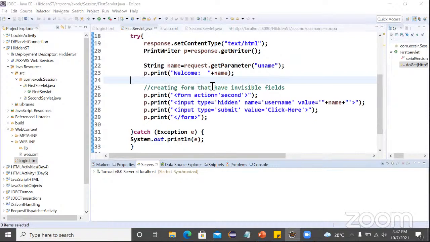No questions. Fine then. So we'll move to another way of session tracking. Okay. Right. So which is that another